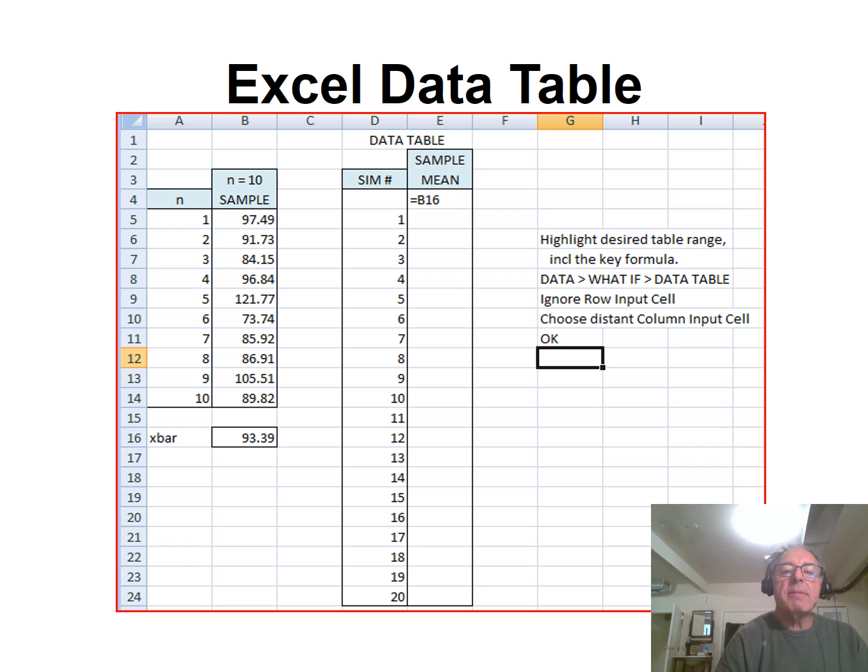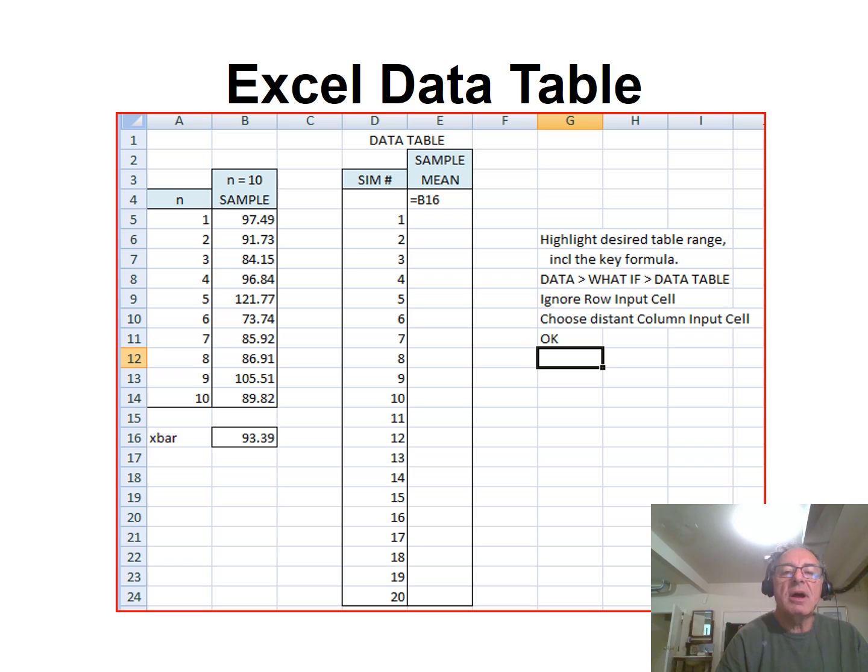And this is the experiment I want to simulate over and over again. There's something called the data table function in Excel. So I built this range with a couple of headings, one cell here. Now this cell, I'm showing you a particular formula. I'm referencing this cell B16 because this is really the formula, and this is the result of a simulation that